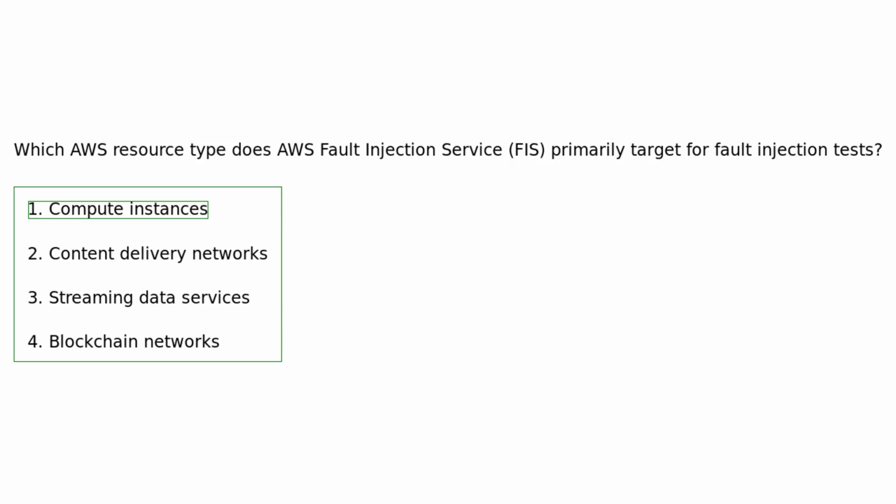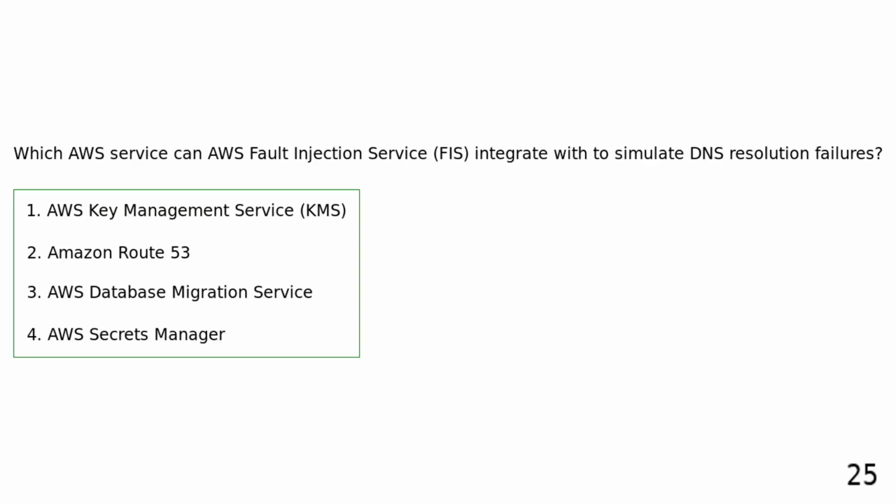AWS Fault Injection Service primarily targets compute instances for fault injection tests, allowing controlled testing of application and infrastructure resilience. Which AWS service can AWS Fault Injection Service integrate with to simulate DNS resolution failures? AWS Key Management Service. Amazon Route 53. AWS Database Migration Service. AWS Secrets Manager. AWS Fault Injection Service can integrate with Amazon Route 53 to simulate DNS resolution failures and test application resilience to